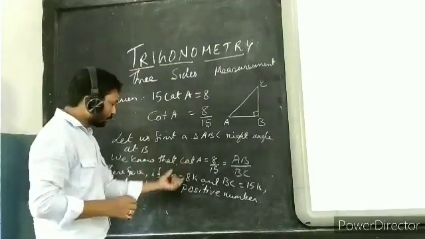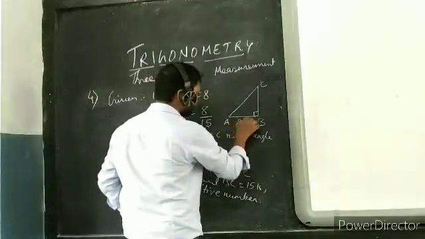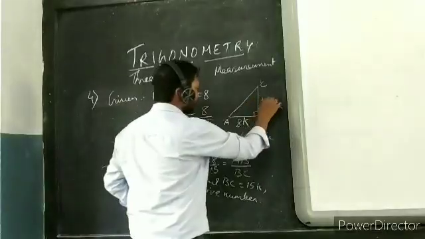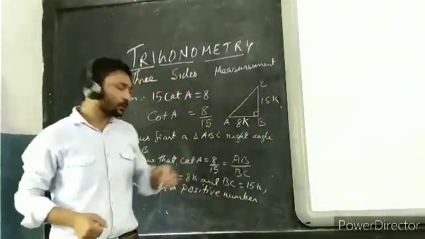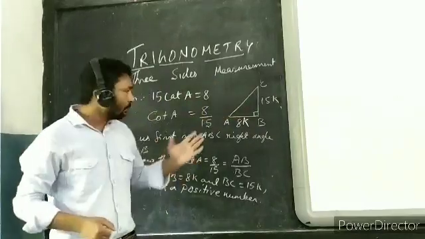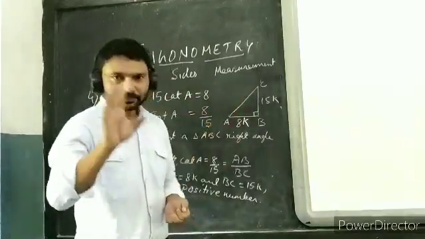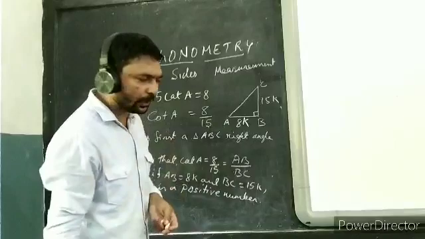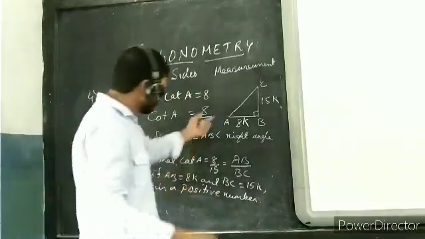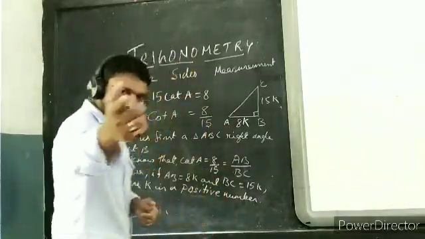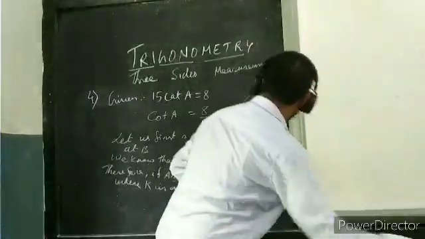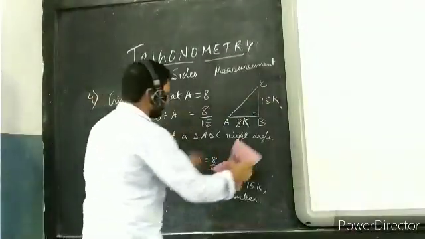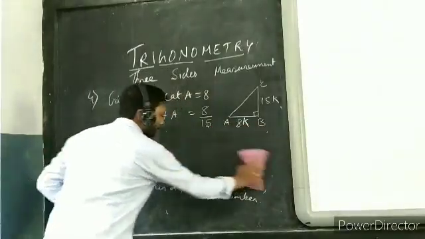Now suppose I write AB equal to 8K and BC equal to 15K. Now see, again we have to find the hypotenuse here. First of all, you have to find the hypotenuse. How are you going to find the hypotenuse? Already you know, I taught you in the first question. Which theorem? Can you guess it? Correct. Okay. Now you just see here, I'm going to draw it and do it again.